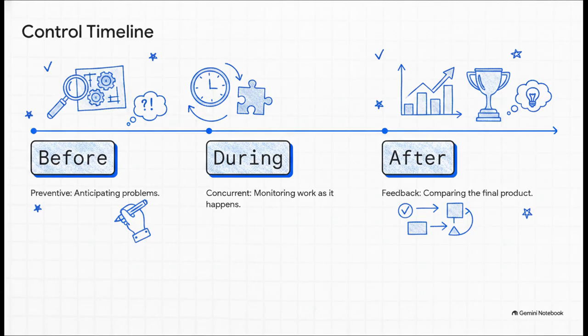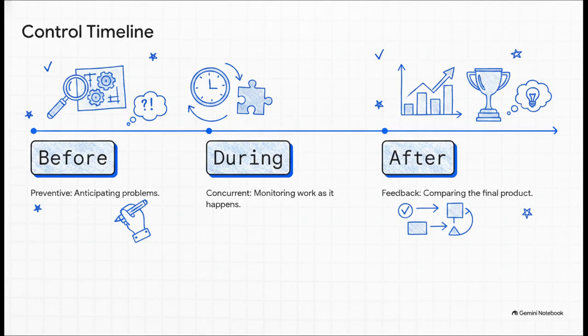First up is pre-action, or preventive control. This is anticipating a problem before it even happens, like double-checking your materials before you start manufacturing. Next is concurrent control, which happens right in the middle of the action. You're monitoring the work as it's being done to catch errors instantly. Finally, there's post-action, or feedback control. This is the debrief after the work is done, comparing the final result against the standard so you can learn for next time. And you know, the absolute best managers, they don't just wait for the end, they lean heavily